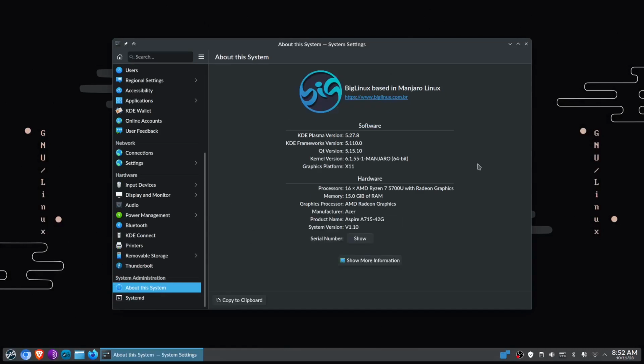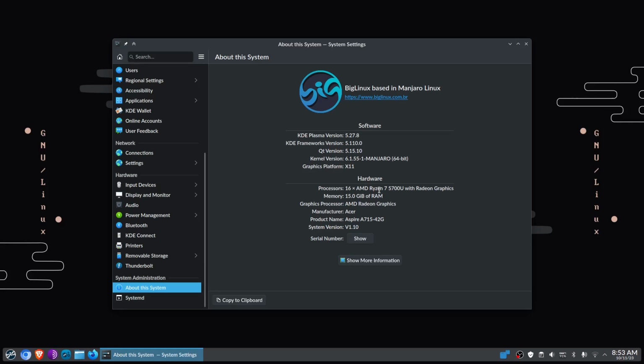Not only for the newcomer, but also for the old timers that want smooth sailing in their Linux. Big Linux is based on Manjaro and Arch, so it is not hard, okay? This is user friendly. So as you can see, their website